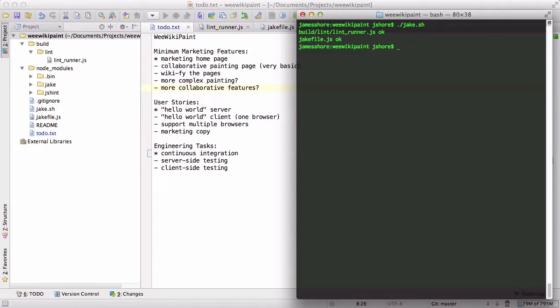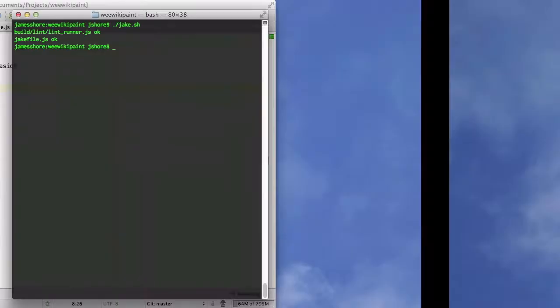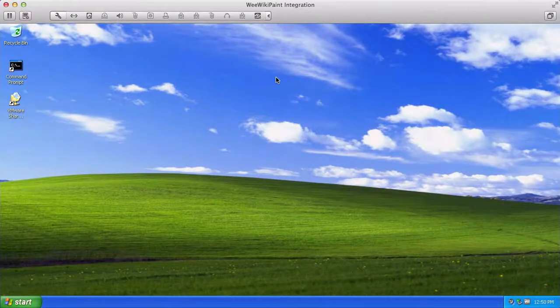The other thing a continuous integration server does for you is it runs your build on a different machine. And that's super valuable because we need to be sure that we've checked everything in, that we don't have any environmental issues, and so forth. So what I have here is a Windows box. This is a virtual machine, and this is going to be our integration machine. Whenever we integrate, we're going to run the build here first, before we say it's known good,